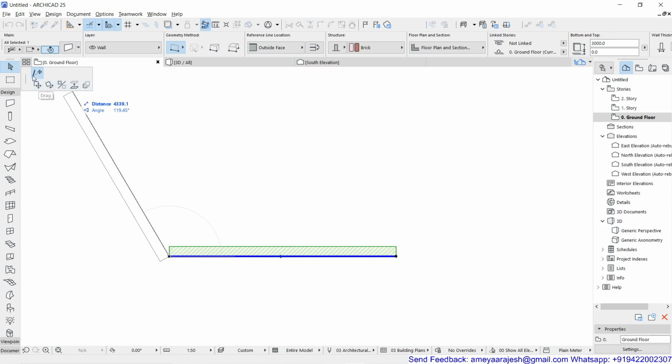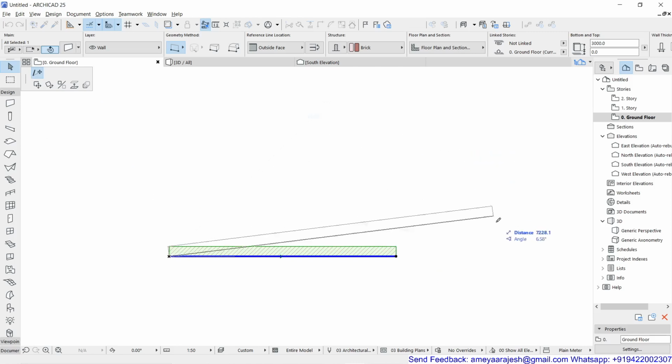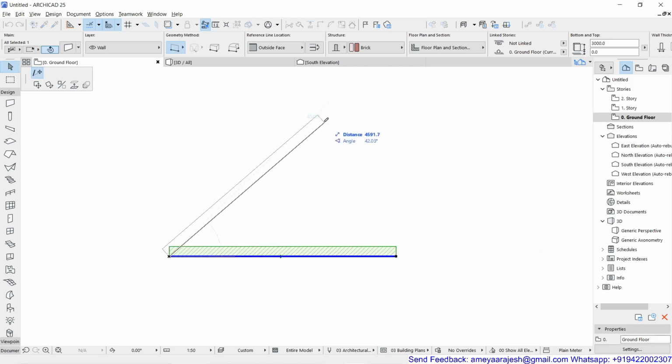All these are the standard tools, and the lengthen, that is a stretch or lengthen, is the one which is by default the active tool. So this option is now activated, and if you check out, I can change the direction and length of the segment as per my choice. This time I'm just going to show you how I can make this wall length, instead of 4500 or 5 meter, exactly 12 meter.